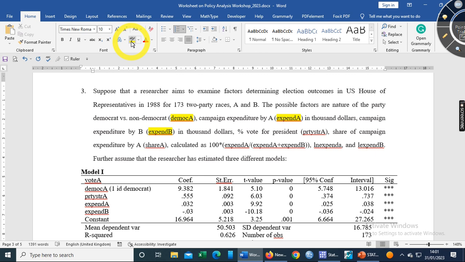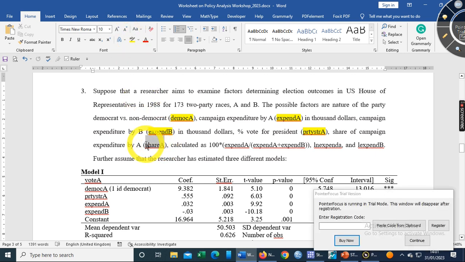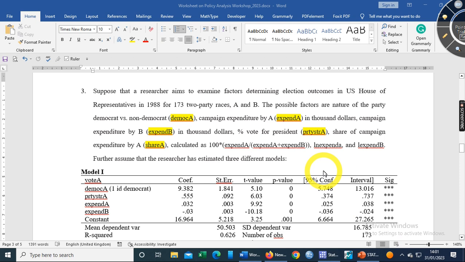And both variables are in $1,000. Percent of the vote for president, and we capture it using this variable. Share of campaign expenditure by A, share A. Here is the variable. And this variable is calculated as expenditure by A divided by expenditure by A plus expenditure by B multiplied by 100. Share of A ስንል ይሄ ማለት ነው።